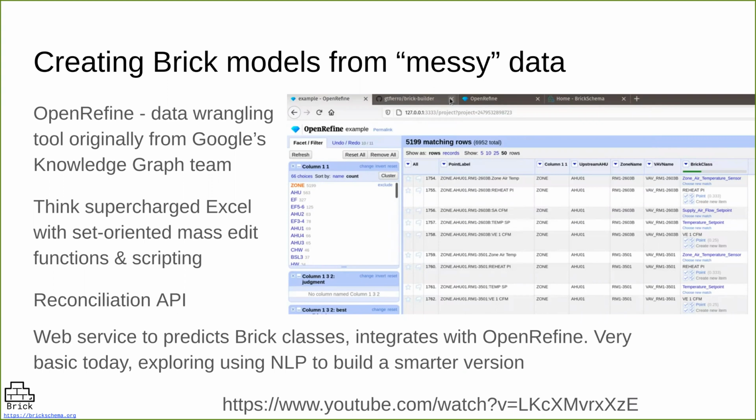So we have a very basic version up and running on brickschema.org, and we're working on expanding that to build a smarter version. Can we use natural language processing and other AI techniques to give back better answers? So let's move on to